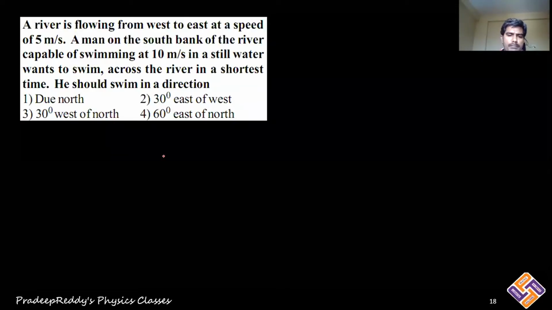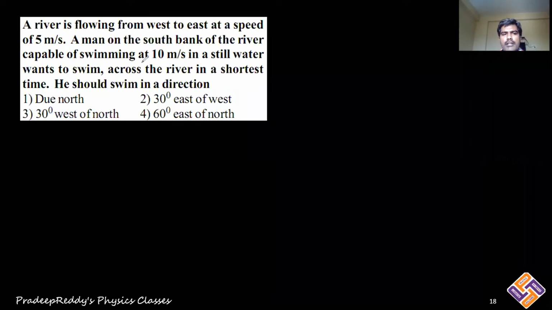Students, we have one problem. Whenever you want to solve these problems, you need to first read the question carefully and write down the given data, and then draw vectors related to the data given to you, and then use the vector diagram to find the resultant unknown quantities. So it is a stepwise procedure. I will follow the same thing. First, I will read the question and then I will write down the given data.